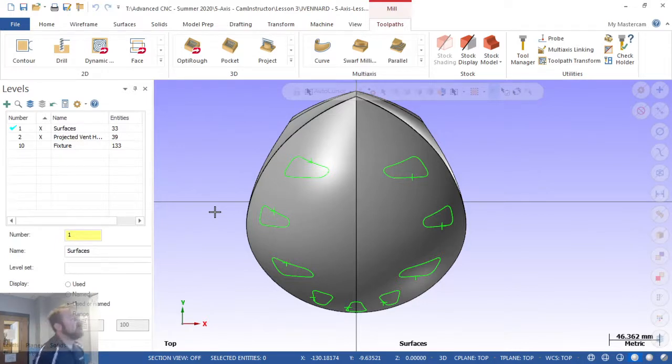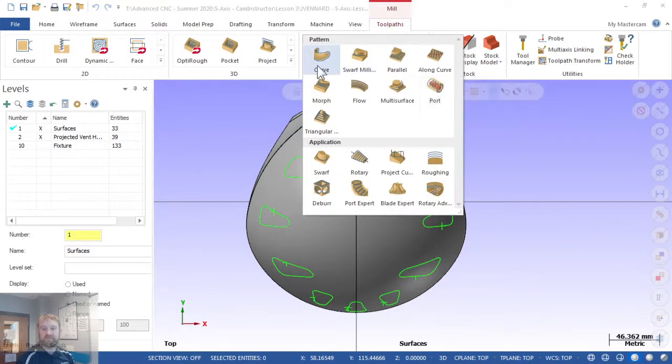So obviously, if this was a typical X rotary, or like I said, a table where the X is what it's rotating around instead of the Z like ours, you may have to break this up into two halves where you'd only do this half, and then you do these parts, and then you do this half. Okay, but since we're rotating in the Z and our trunnion can kind of control everything, we can do them all at once. All right, so let's go ahead up here to multi-axis, and we're going to pick this curve toolpath,